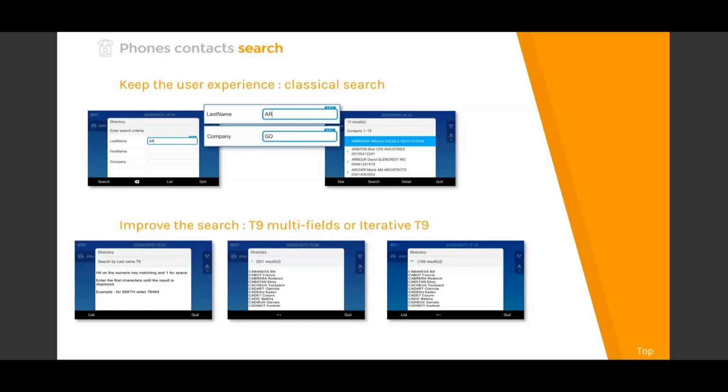Each time you press a key on the phone, it will search for the characters which are below the number. For example, if you press 2, it will search all the names beginning with A, B, C and so on. The list of selected contacts is reduced, and then it displays a short list from which you can dial.